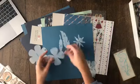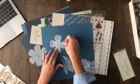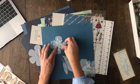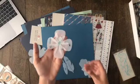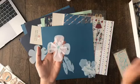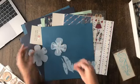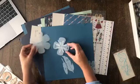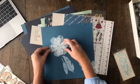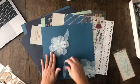So let's take this flower, and if you layer that, look how cute. Can you guys see that? Okay, that's really layering, for those that are like, man, that's really a lot of layering. It's okay. If you're into layering, you can absolutely layer. We all know that everyone's a little bit different. I mean, if you really wanted to go for it, you could do a 4-layer like so, which would be